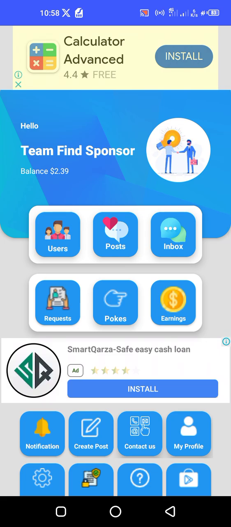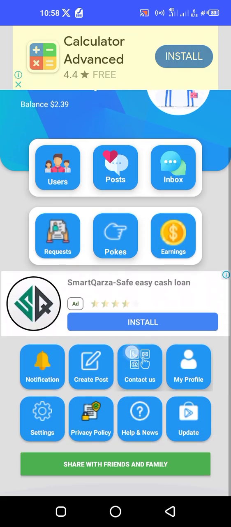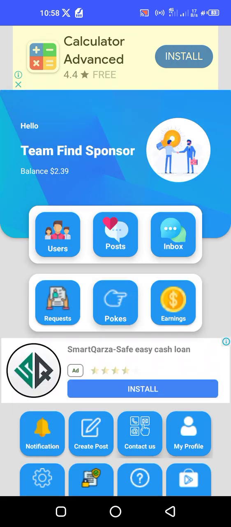Okay, $0.10 I get. You can also get $100 in, I think, 5 or 7 days you can earn $100. Okay, once you withdraw it, you will get it in your account on the first date.